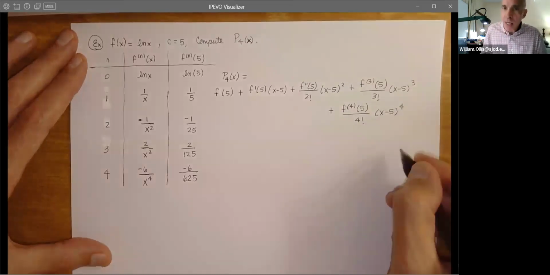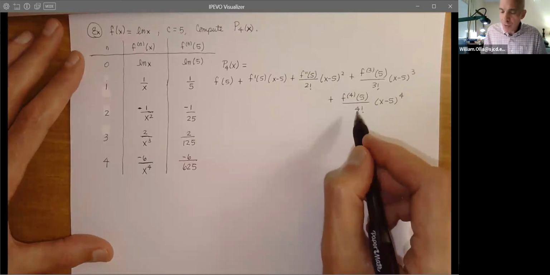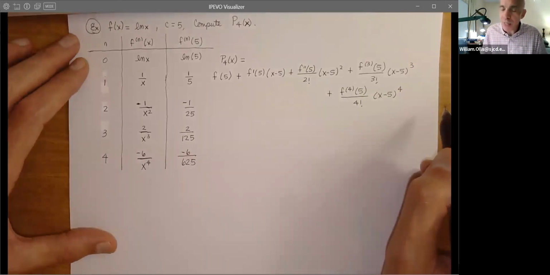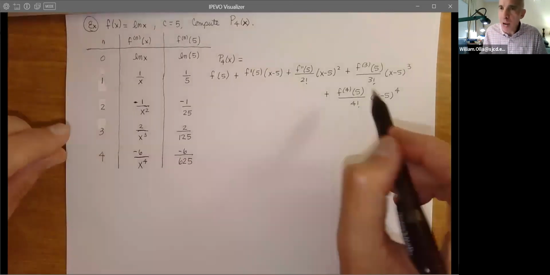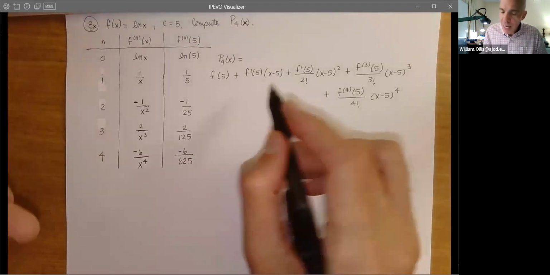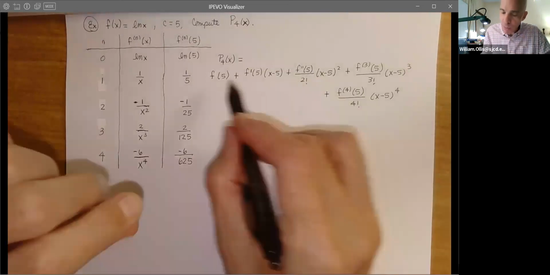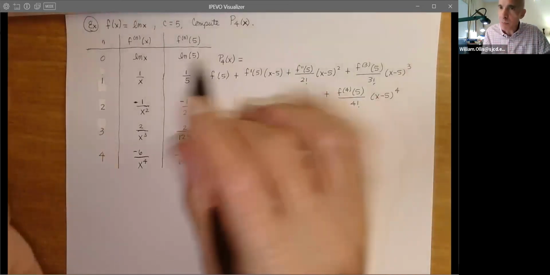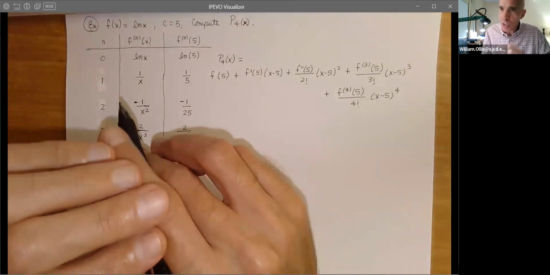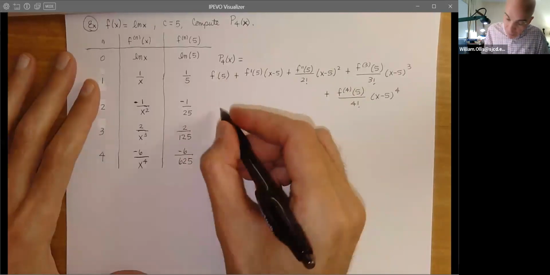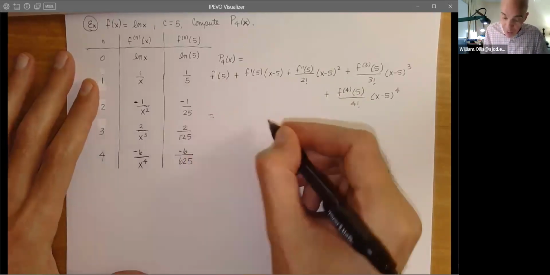Now, the reason I'm writing this out, you're thinking, well, Professor Ron, we know this. You've only written it down a million times. But here's the thing, kids. If you don't write this down, you don't really have a guide, and it's so easy to make a mistake. So it's better to write it down and then have something to follow, as opposed to just, okay, I do this and I'm done. Well, it's better to check. So now let's fill everything in.